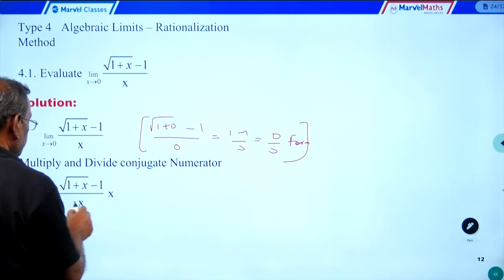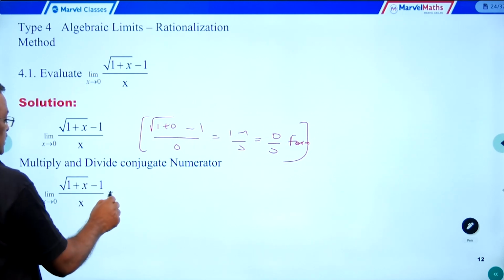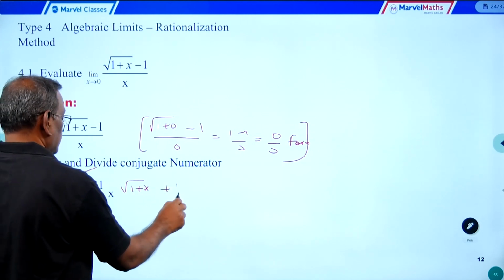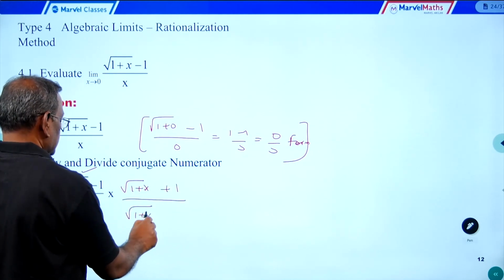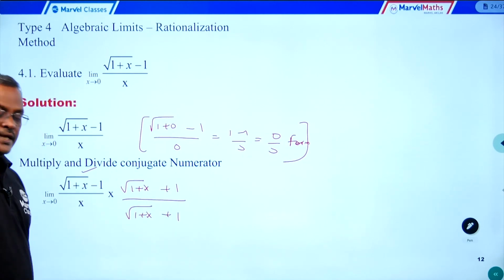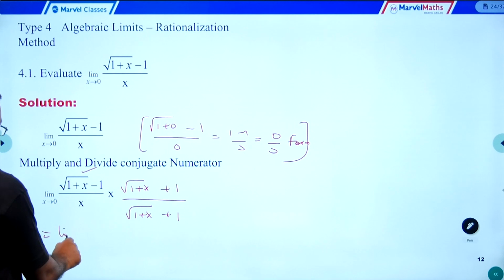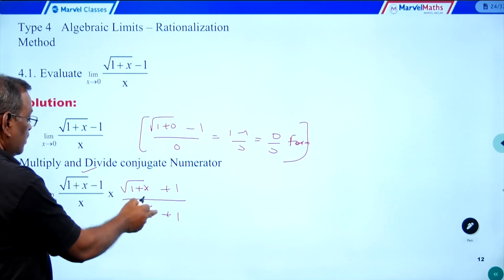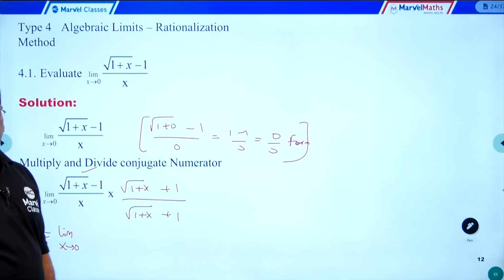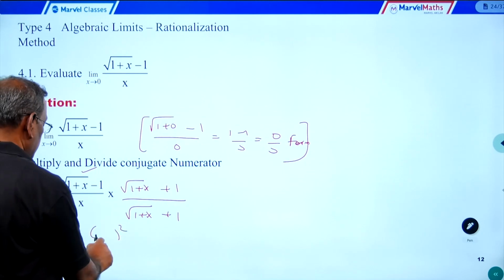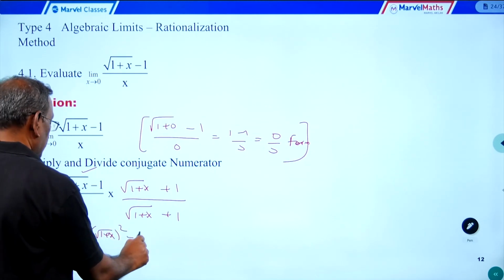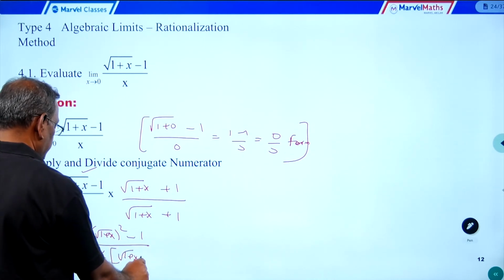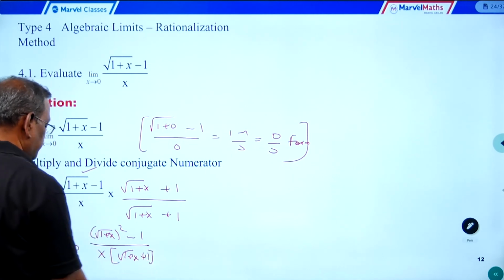So this is equal to limit x approaches 0, root of 1 plus x minus 1 by x, into, what is the conjugate of this? The conjugate of this is root of 1 plus x plus 1 by root of 1 plus x plus 1. So what is the next step? Limit x approaches 0. What is the numerator? a minus b into a plus b is a square minus b square. So what is a square? Root of 1 plus x whole square minus 1 square, by x into root of 1 plus x plus 1,